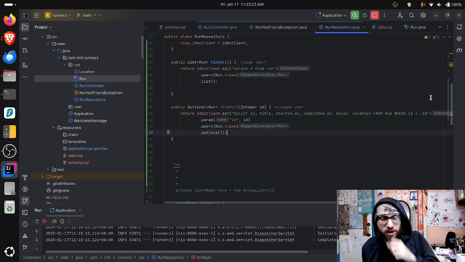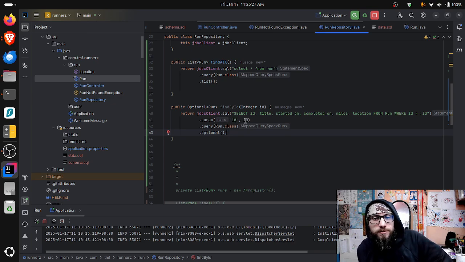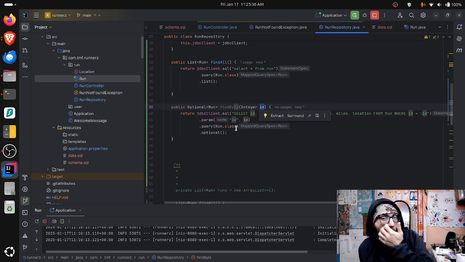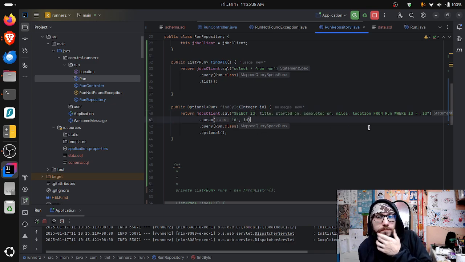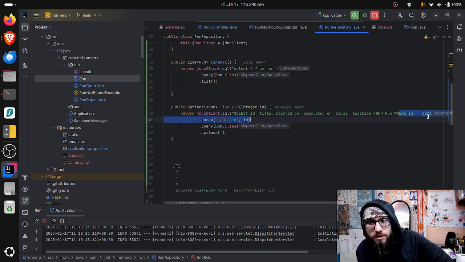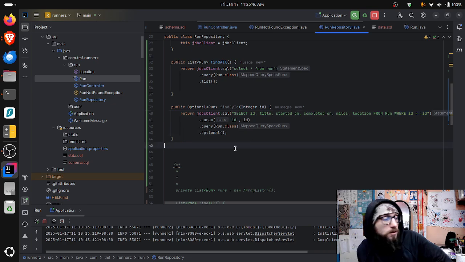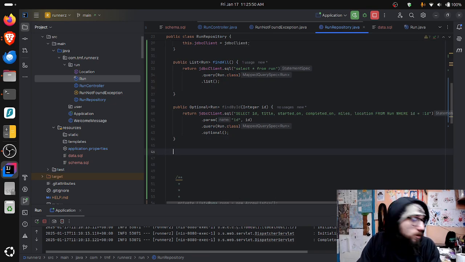It's a little weird because when I see the parameter, we're searching by ID. That's passed in. Here it is right here. But then it's also saying where ID equals ID. So doesn't this do it already? Why do we need this one? Alright, now we need to create